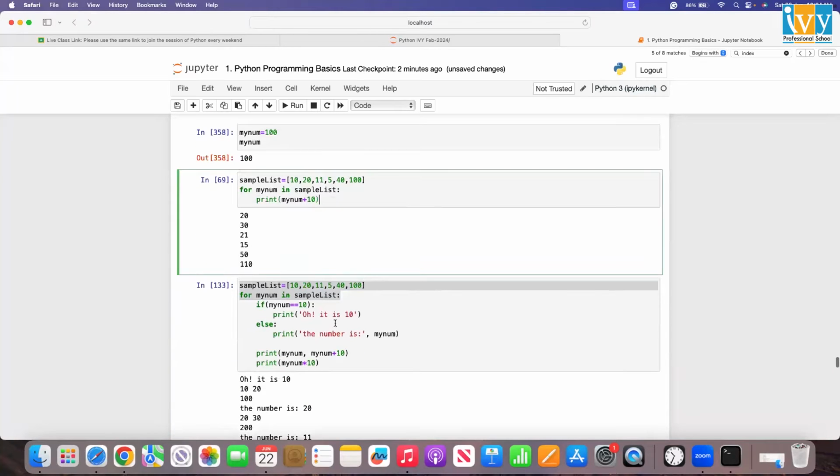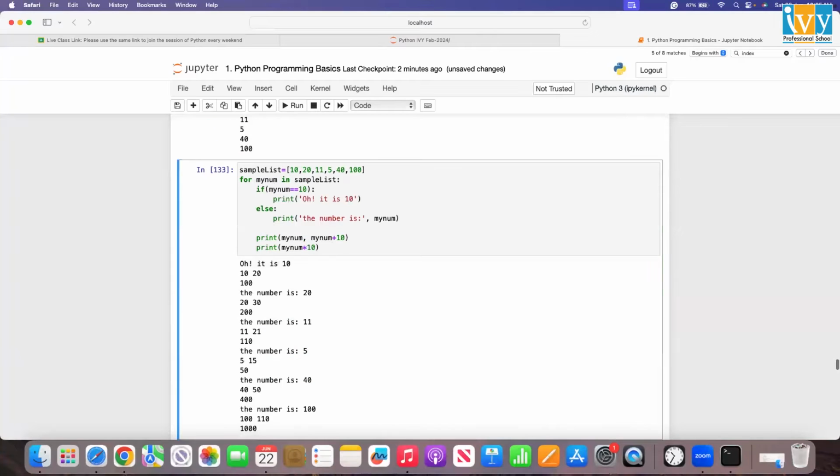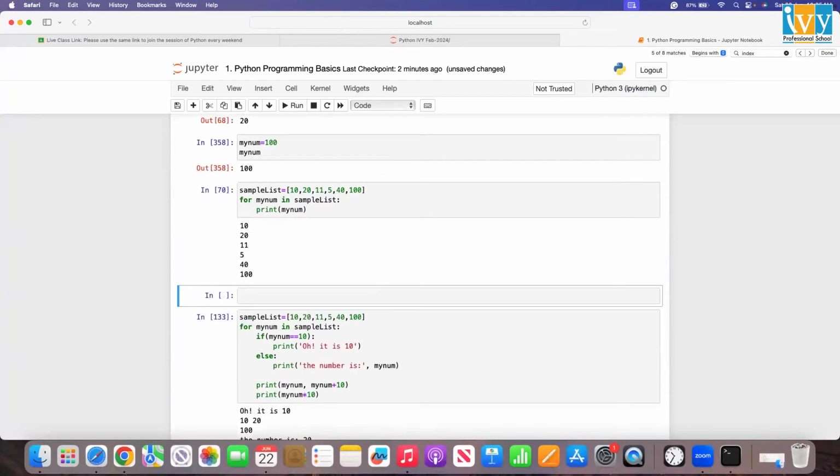See what I'm doing here. So this is a simple loop for my num in sample list. Print my num plus 10. So what I'm doing, my num is taking the value 10. I'm adding 10, 20. My num 20, print in here. So if I just print my num, see 10, 20, 11, 5, 40, 100. So it is iterating through every value and it is taking that value. Now with that value, I can perform calculations, right? I can add something, I can delete something, I can divide, multiply, whatever I want to do with this number,